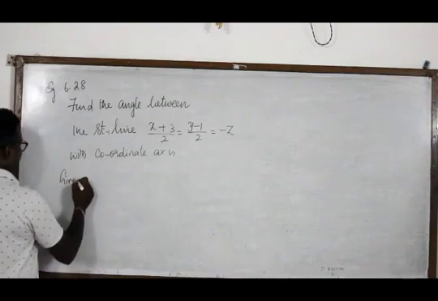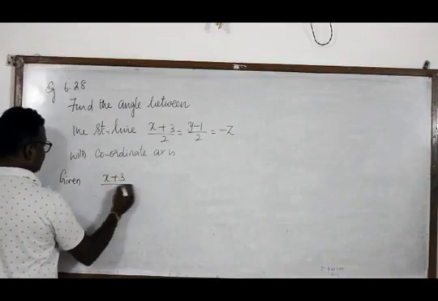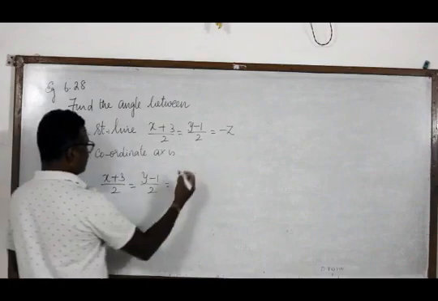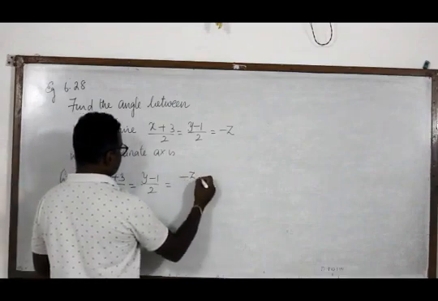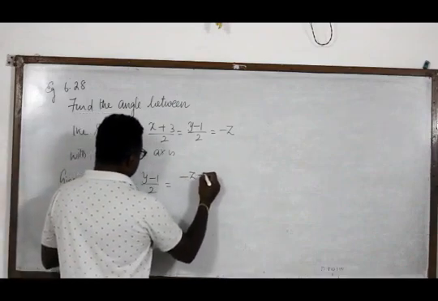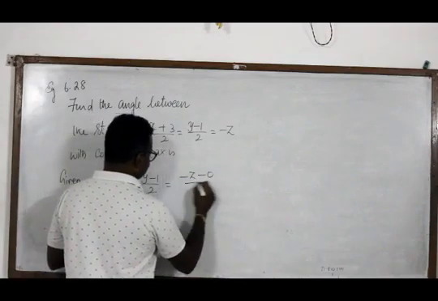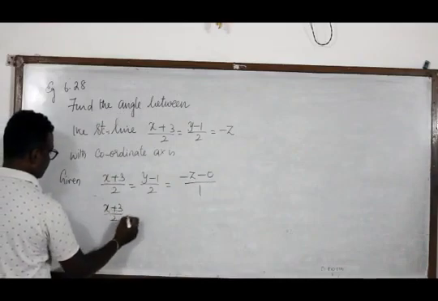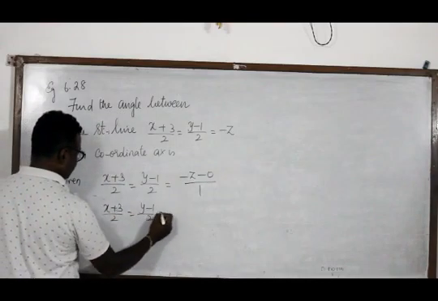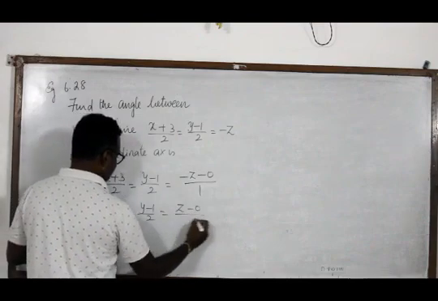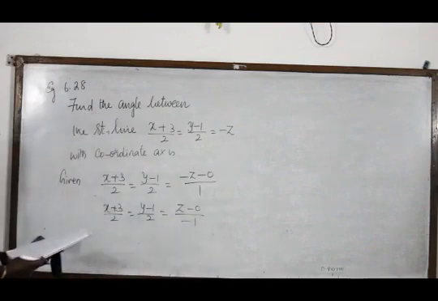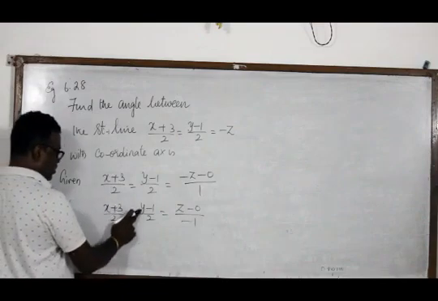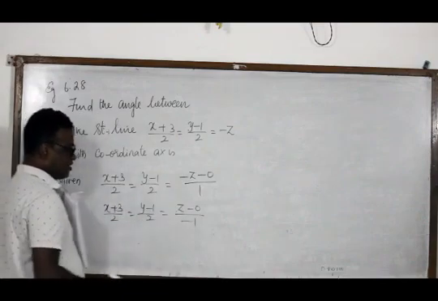First we shall make the line clear. So it is x plus 3 by 2 equal to y minus 1 by 2. Since it is given as minus z, shall I write minus z minus 0? If there is nothing in the denominator, it means it is 1. That is x plus 3 by 2 equal to y minus 1 by 2, is it not z minus 0 by minus 1? Therefore, now we can see the x coefficient is 1, y coefficient is 1 and z coefficient is also 1.